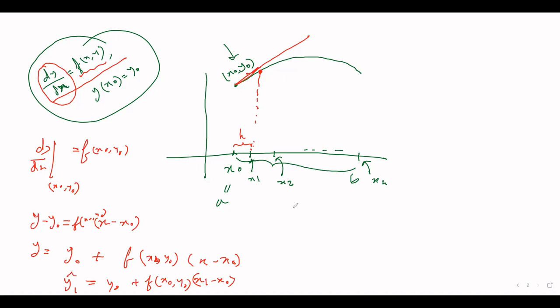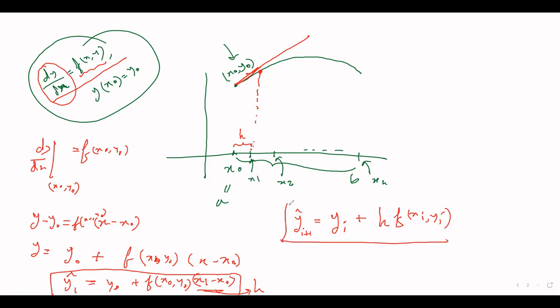So how to find the next value of y? The answer lies in this equation, and we can use this equation iteratively like this. If you have yi, then just add h times f of xi, yi. You can see that this value is just h. So you can just add h times f of xi, yi to get the approximation for yi plus 1. I'm using cap for the theoretical discussion. In the code, I will not use any notation like cap. I won't be able to anyway. Anyway, okay. So using this equation, what we can get is